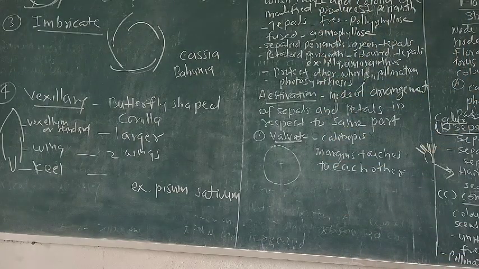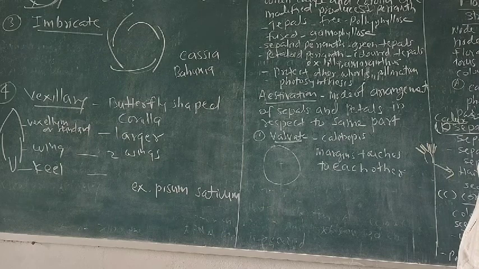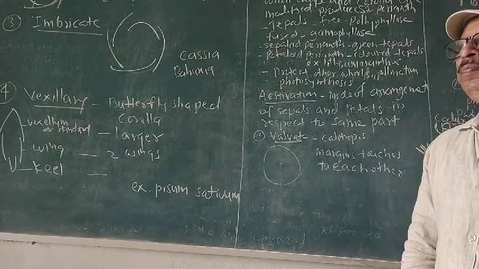Here, sepaloid perianth is present when the tepals are green in color. What is the petaloid perianth? When the perianth is colored, it is called the petaloid perianth. Examples are lily and amaranthus. These are the plants. Now the function is to protect the inner part. They are also useful for the pollination process and photosynthesis process. This perianth also works like the calyx or corolla. That is the modification made by the plant.